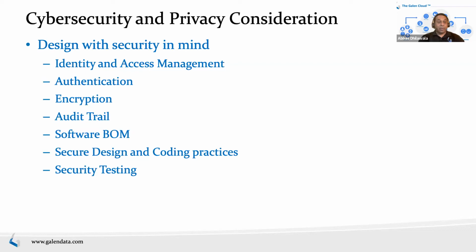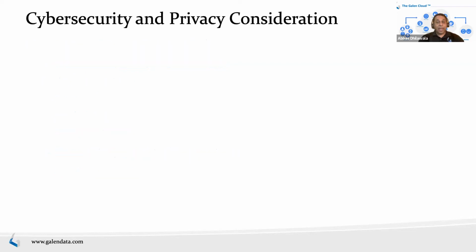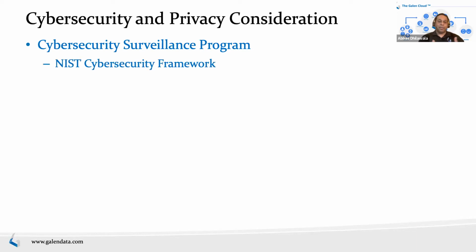So those are the things you want to design. And then setting up a surveillance program. As you move into operation, that surveillance program is important. Going back to NIST, NIST has a very cool tool called the cybersecurity framework. It essentially divides your entire process from a cybersecurity perspective into 5 phases. The first one is identify. This is what we talked about: risk assessment, identifying the vulnerabilities, prioritizing those.